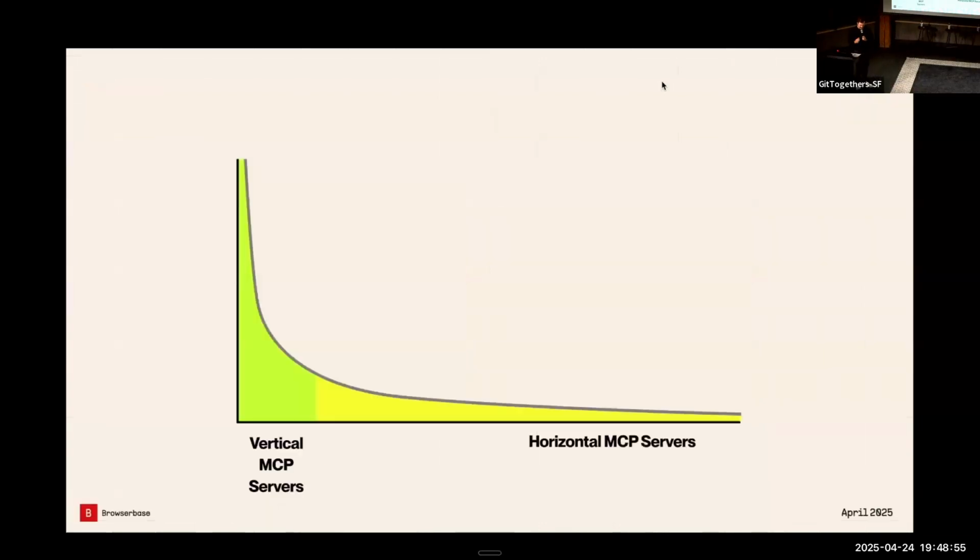And I look at the opportunity like this. If you're building a vertical MCP server, that's going to be the tip of the long tail, where there's going to be a lot of high volume usage of the Delta Airlines flight booker. But if you're building horizontal MCP servers, that's serving the very long tail, and I believe this long tail is actually very thick and fat, because you can capture all these niche use cases that aren't going to have dedicated MCP servers for them. Is everyone getting that? The vertical versus horizontal? Nod your heads, hopefully. Okay, I'm seeing a few head nods, great. So think about that if you're building MCP servers. I think you want to be in one of these two camps. Don't try and do everything.